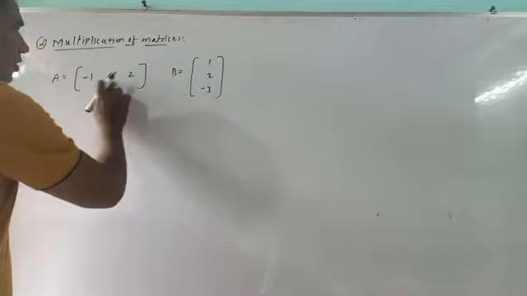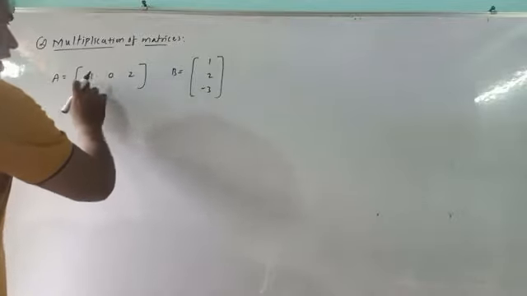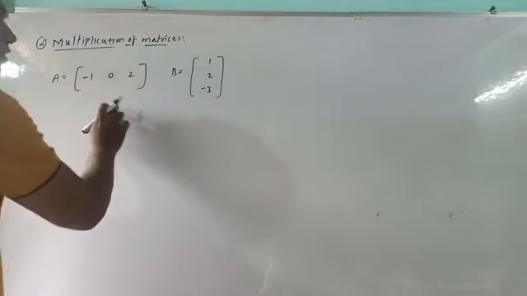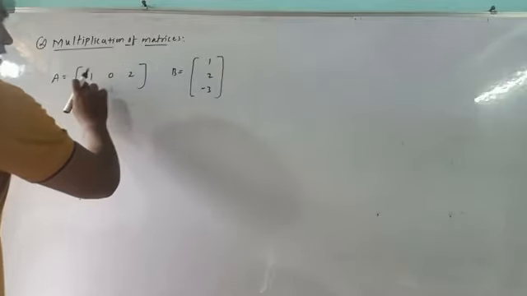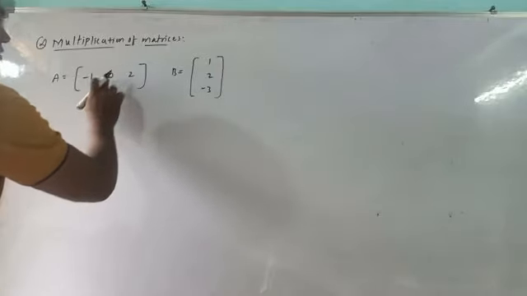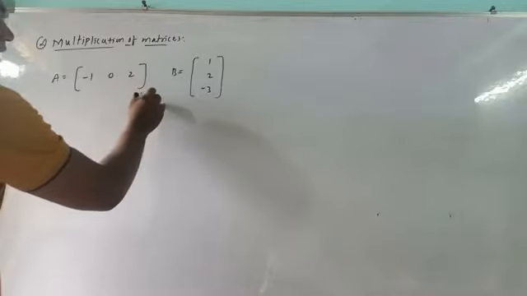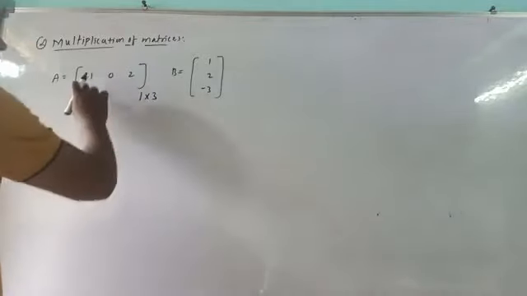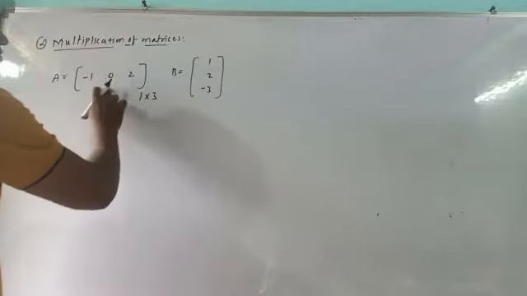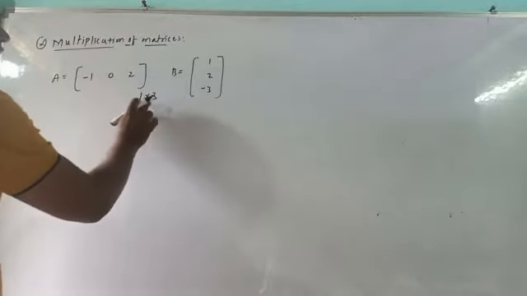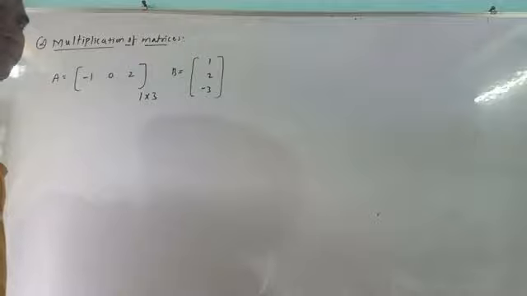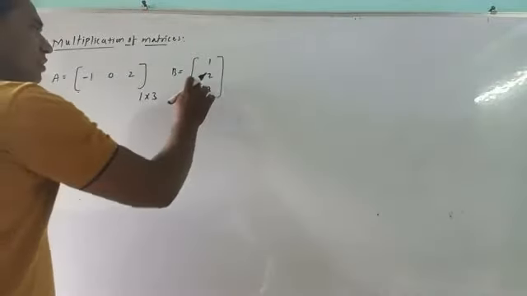So these are said to be the rows, and these are said to be the columns in that one. So how many rows are in that one? There is 1 row, and how many columns? There are 3 columns. So the order of the matrix is nothing but 1 by 3. As there is 1 row and 3 columns present, we can say that the order of the matrix is 1 by 3.